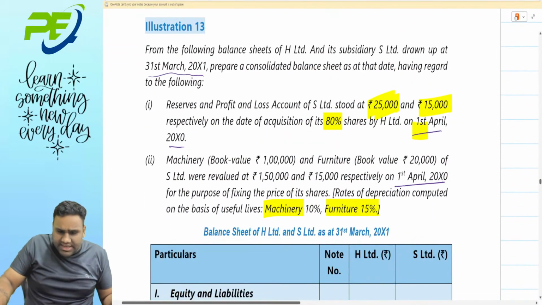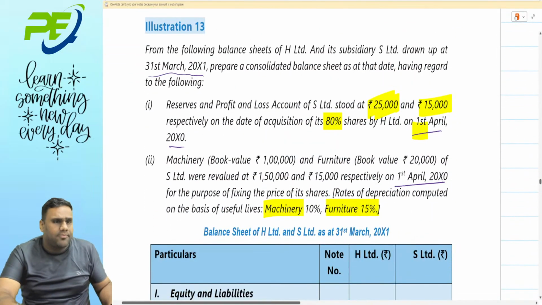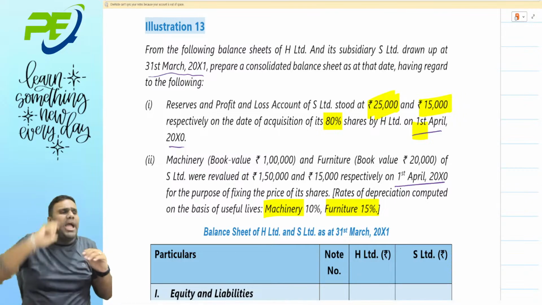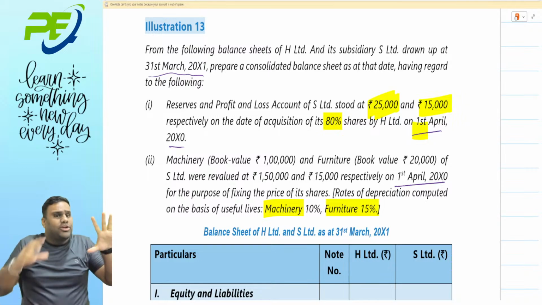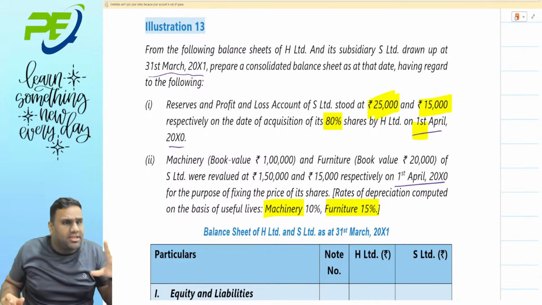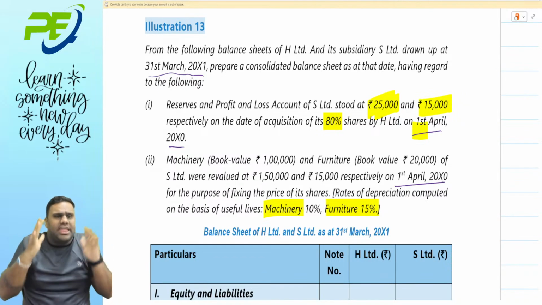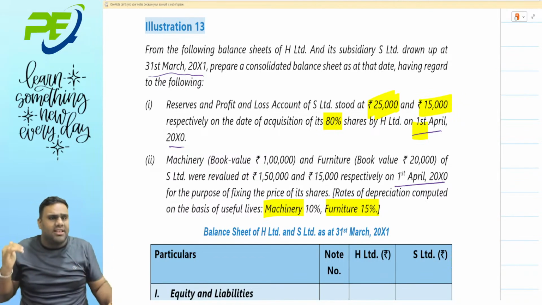Now let's see machinery. Machinery, it was 1 lakh. Now you are increasing or you are decreasing? Decreasing. By how much? 50,000. So depreciation will increase or decrease? Everyone, when the asset value is increasing, depreciation will